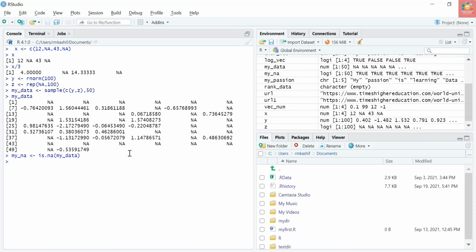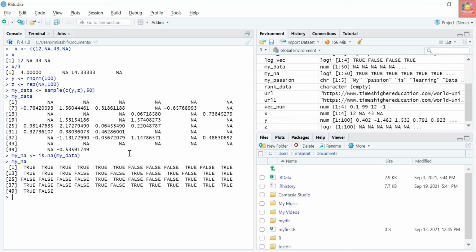If I print my_na, you can see that it has returned a vector of logical values, TRUE and FALSE. Its result is a logical vector where a TRUE corresponds to existence of NA, whereas a FALSE reflects non-existence of NA. R represents TRUE as the number 1 and FALSE as the number 0.